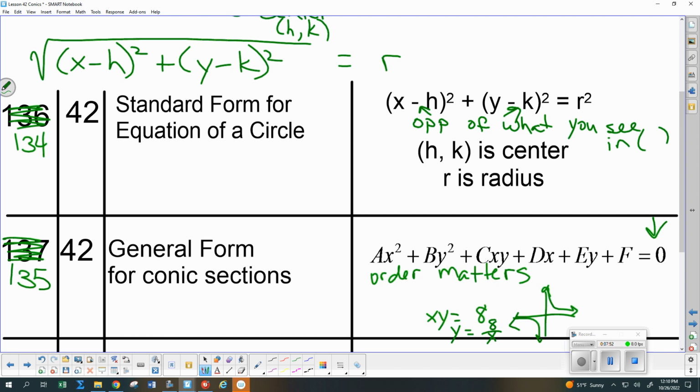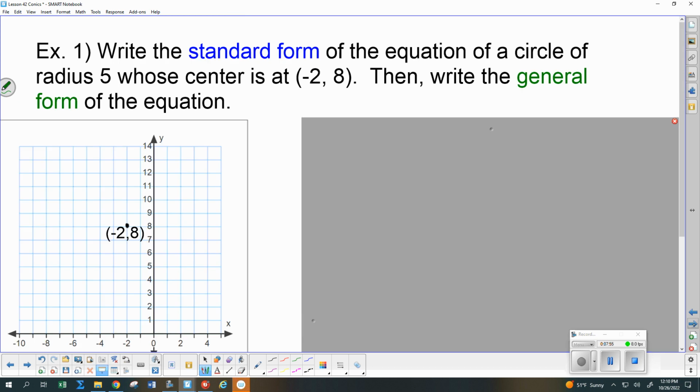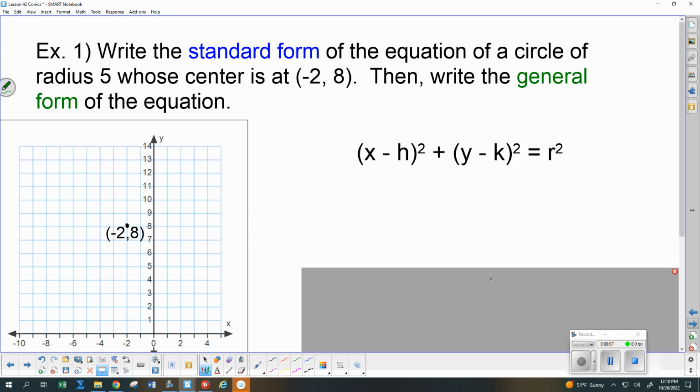So let's try this out and see if we can do standard form and general form. And I'll also, for that matter, talk about drawing the graph of a circle, even though this problem doesn't specifically say that. Standard form is the first one. We just plug the center in. So we're going to do x minus the negative 2, so it becomes a plus 2. So we see the opposite of what that coordinate is for the center. Plus y minus the 8 squared equals, the radius is 5,